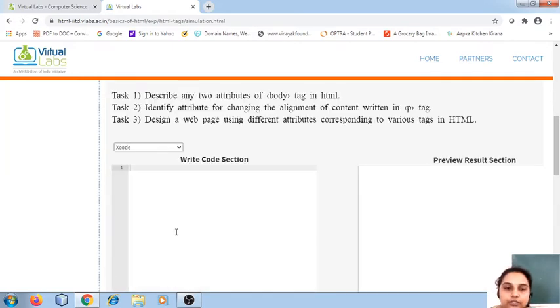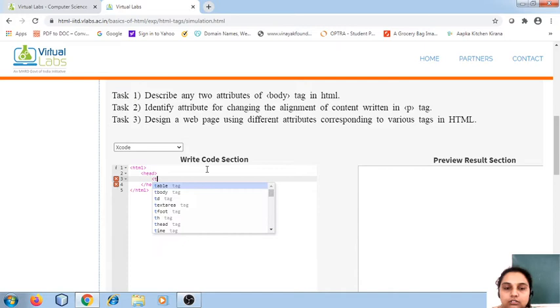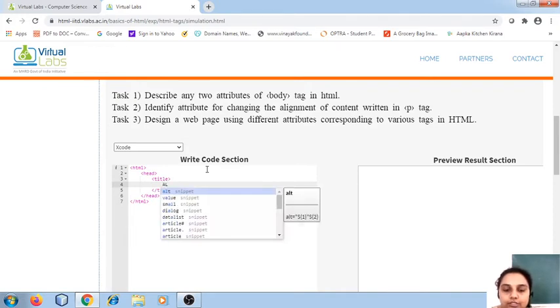We need to come to the code section. We'll start with HTML, then head, then title. I'm going to give it as alignment.